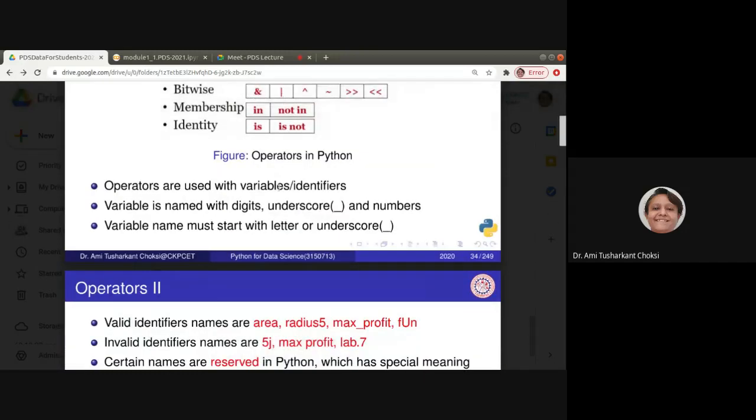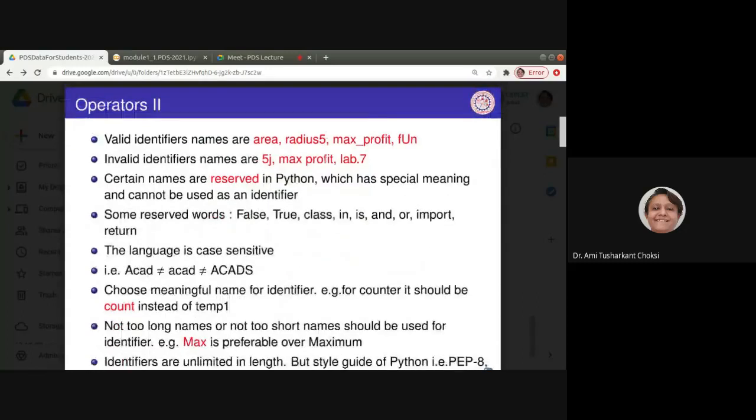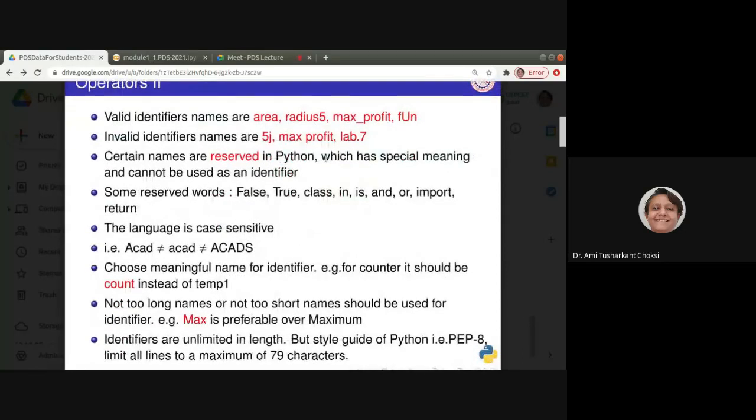Operators are used with variables or identifiers. Variable is named with letters, digits, and underscore. Variable name must start with a letter or underscore. Fine. So the rules are already known to us from other languages. The same we are applying here.